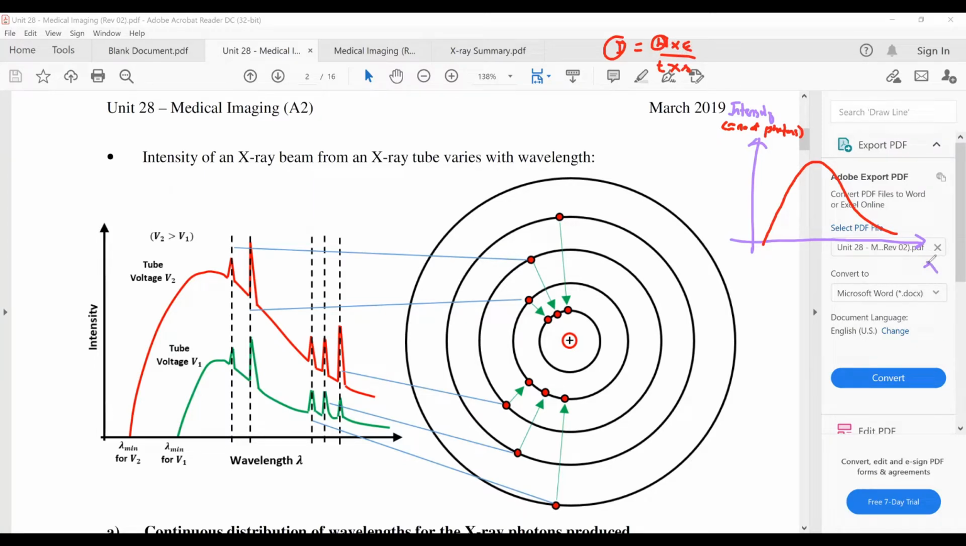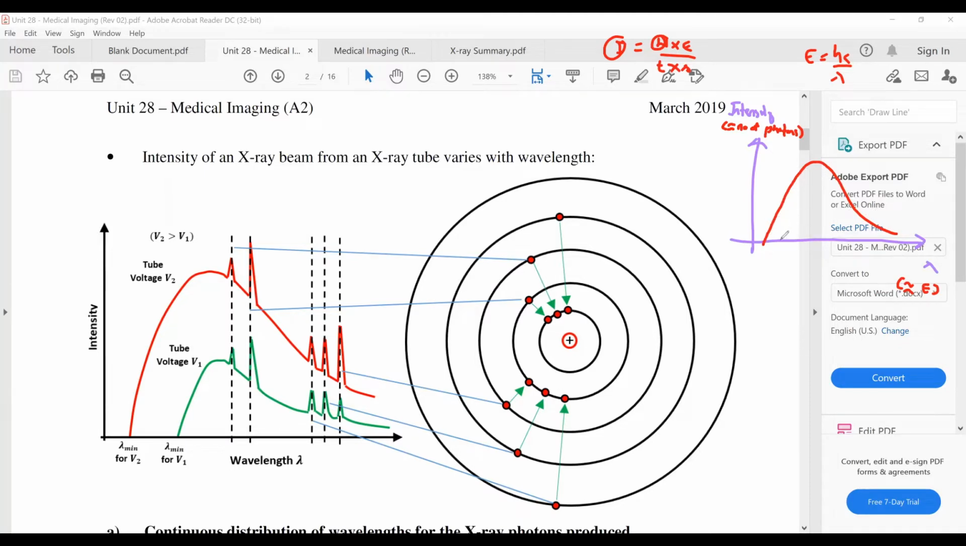And then this lambda here, you know that E is equal to hc over lambda. The lambda here can be thought of as representing energy. Intensity represents the number of photons. Wavelength here represents the energy of the photons produced. Okay. Now, in general, you will tend to get a